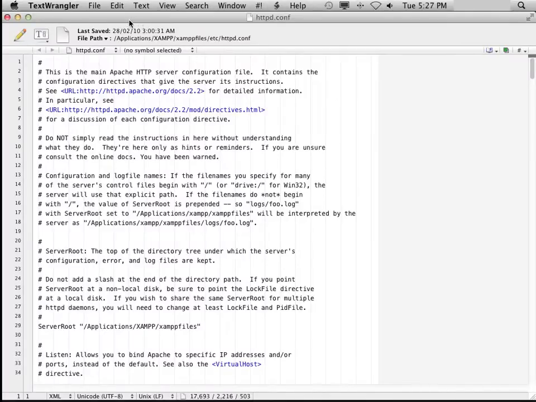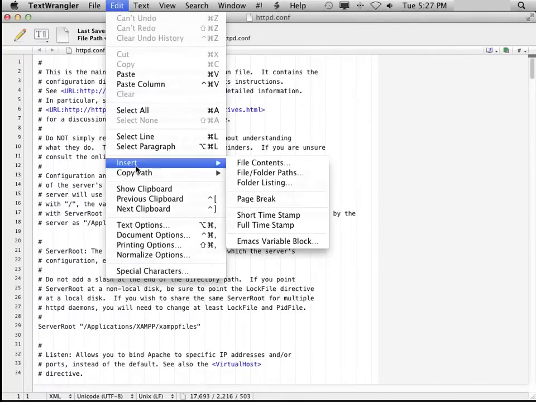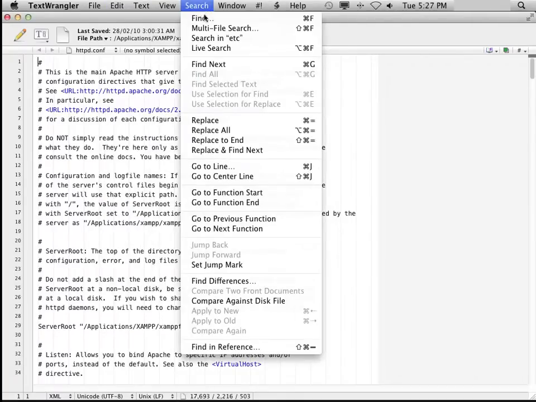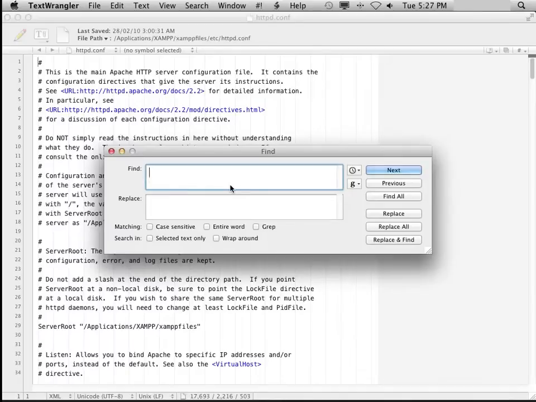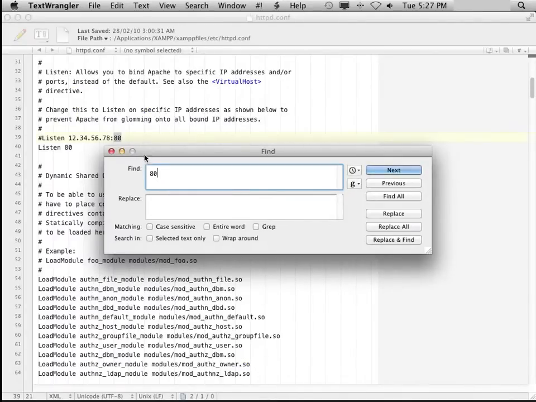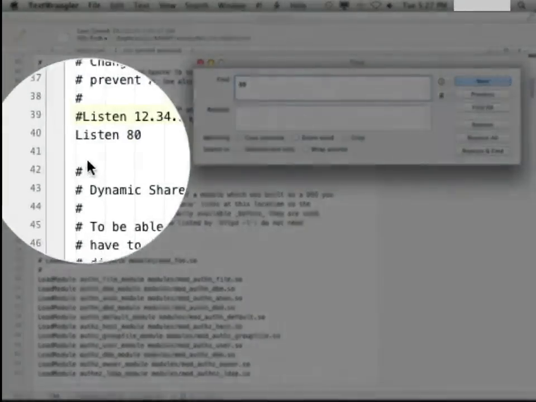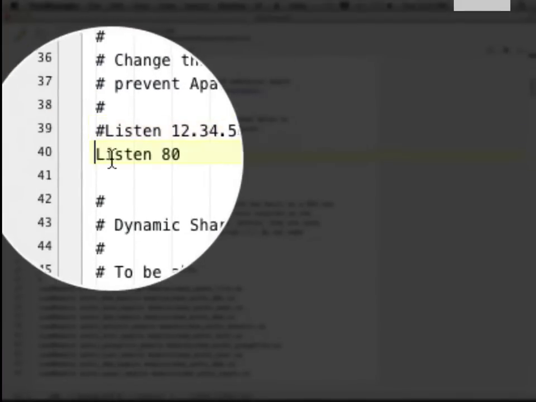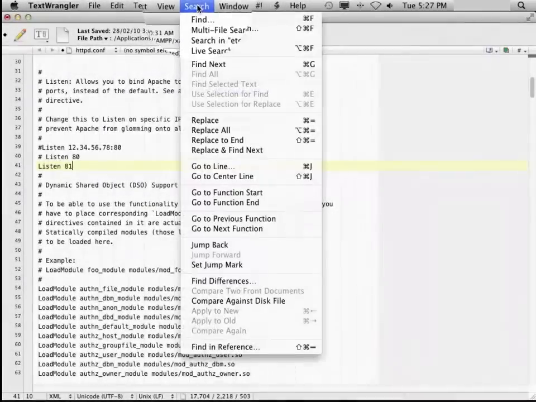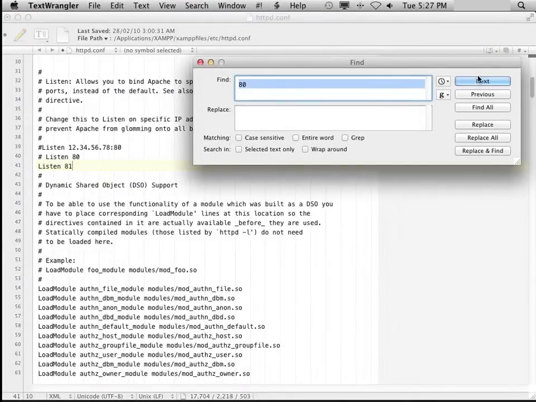Okay, so we need to now search and find 80, because it's going to allow us to find the bits and pieces we need to alter. So we're going to change now the listening port. Now I'm going to keep a copy of this as it was, and we're going to put on port list. We're going to listen on port 81. Going to find again,